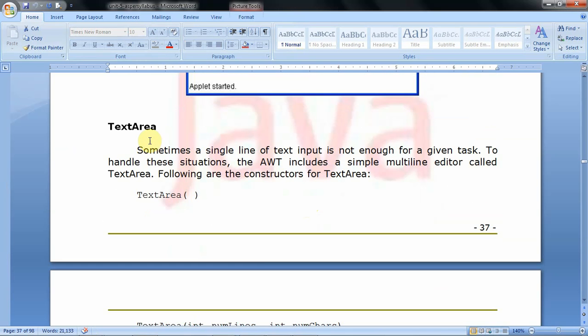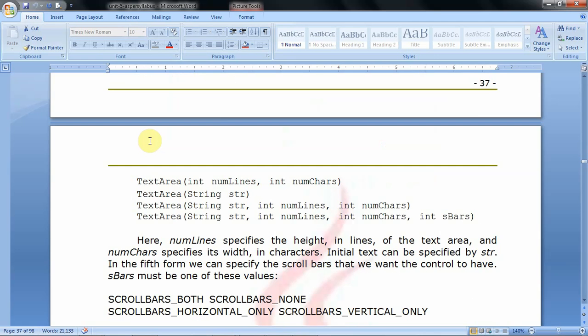The difference between text field and text area is that a text field allows only single line data entry, while a text area allows multi-line message entry, or displays multi-line messages to the user.